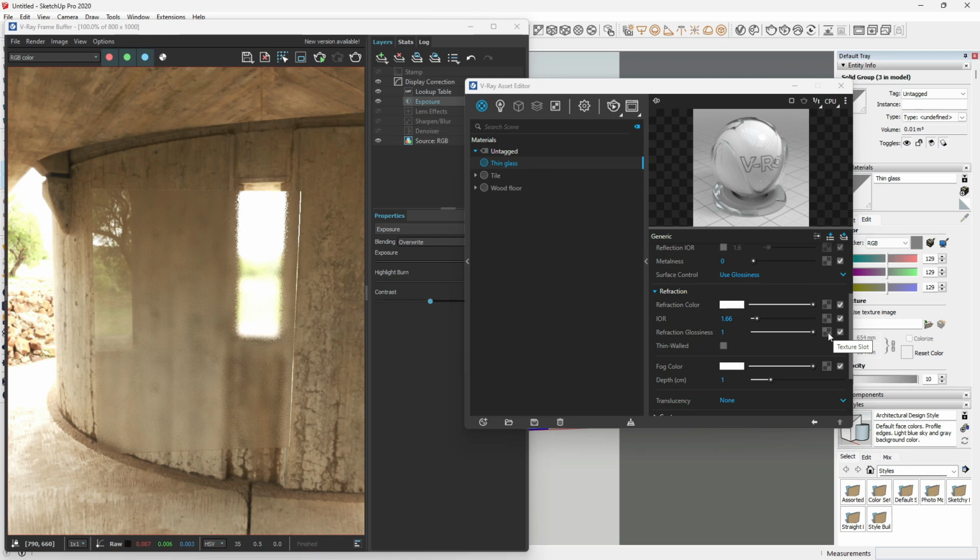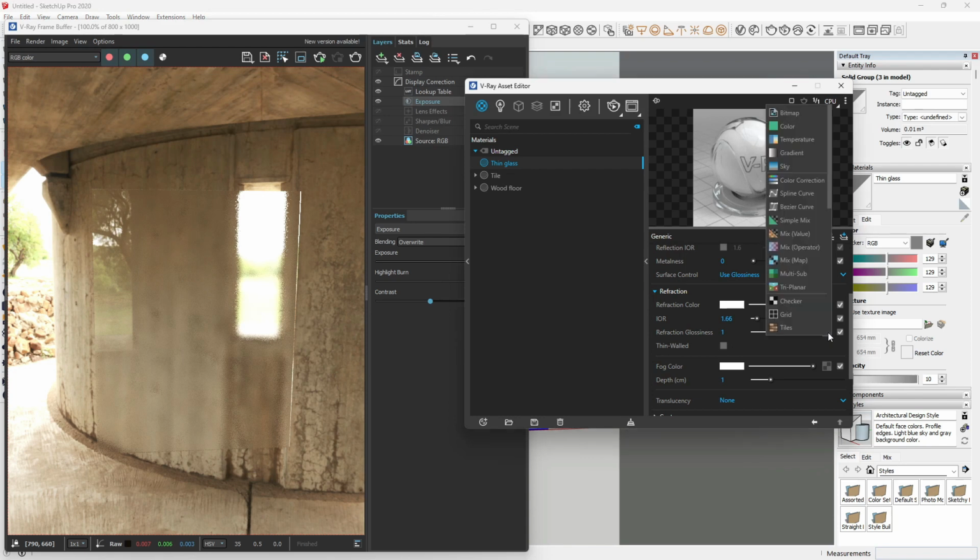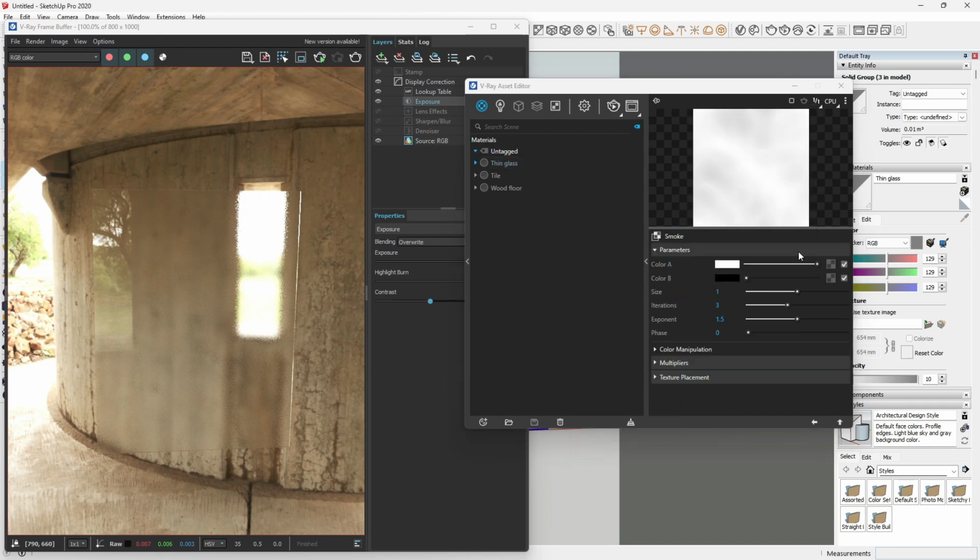But in this case, I just want an effect like a noisy fog. So I'll just click on this, and then I want to use the smoke here. With this smoke, I want to create a kind of noise on this, and you can toggle this